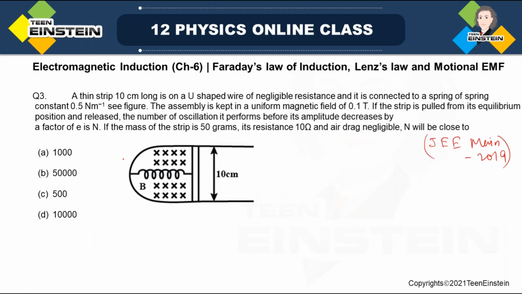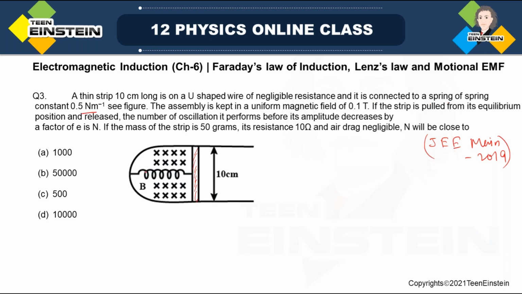So now we'll try to solve this problem. This problem says a thin strip, as you see, this is the strip. A thin strip 10 centimeter long is on a U-shaped wire of negligible resistance. That means this U-shaped wire doesn't have any resistance. It is connected to a